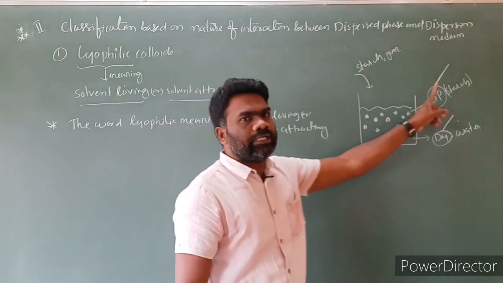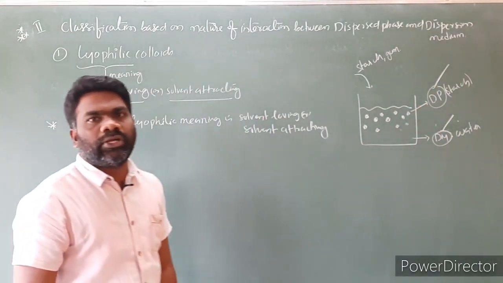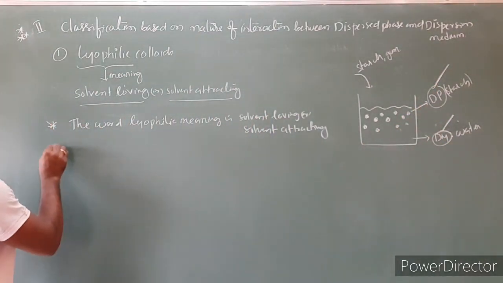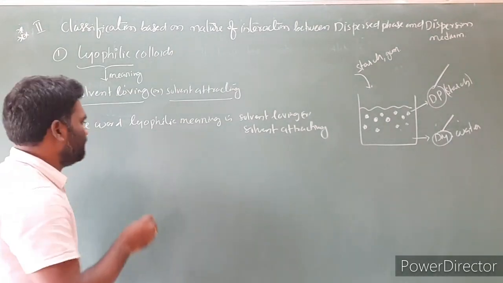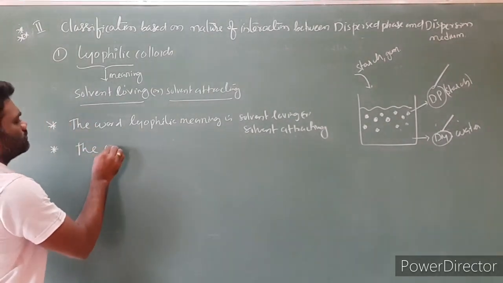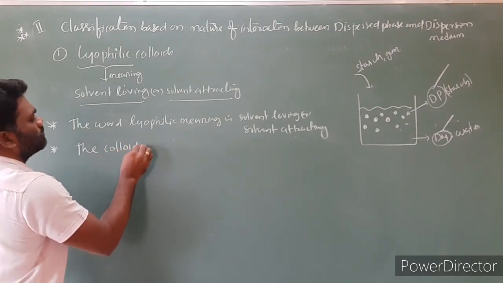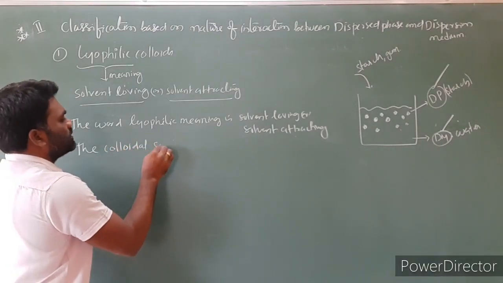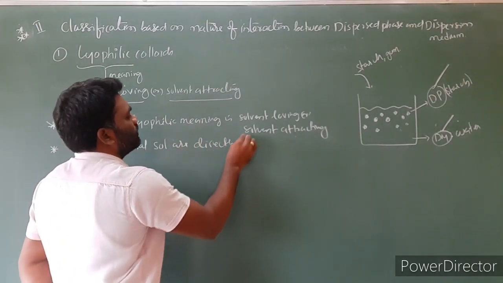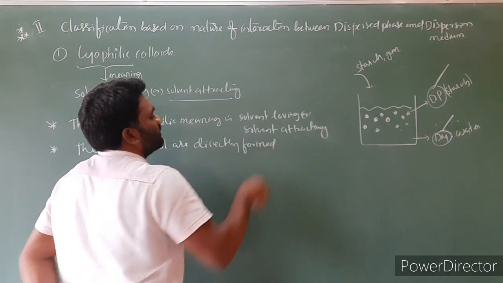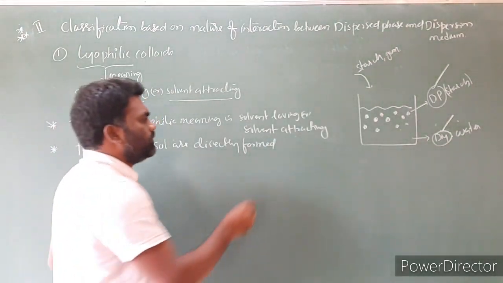Between the dispersed phase and dispersed medium there is a strong attraction. This is point number 1. Point number 2: the colloidal salts are directly formed by